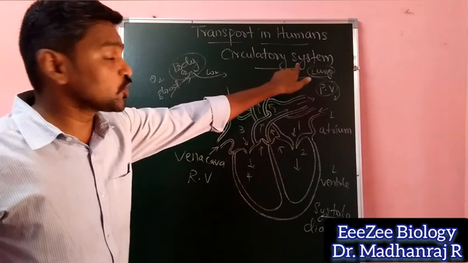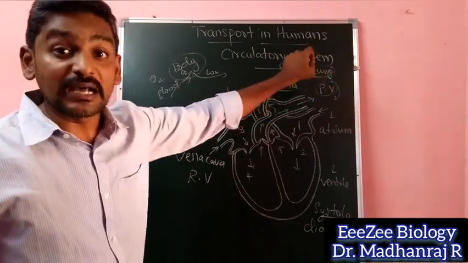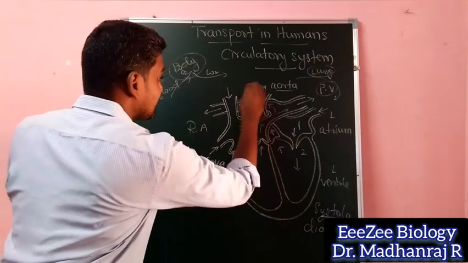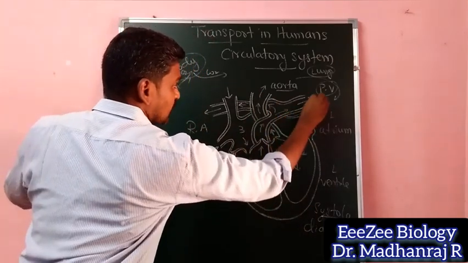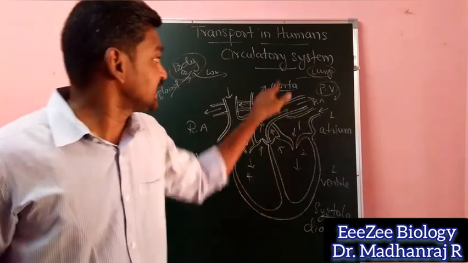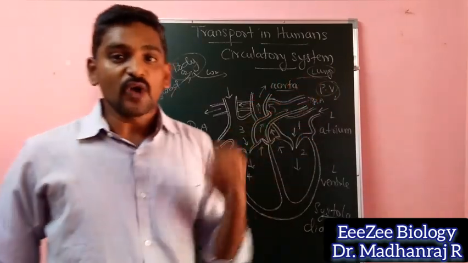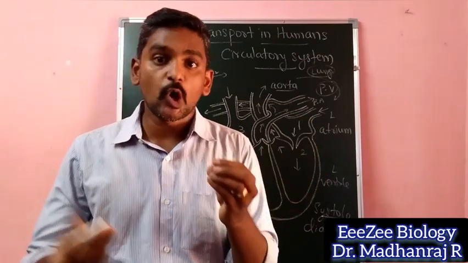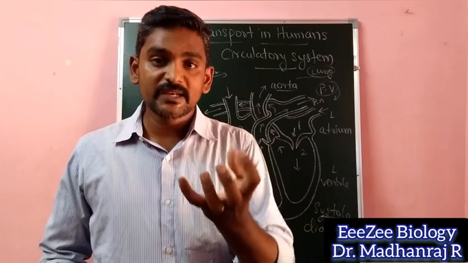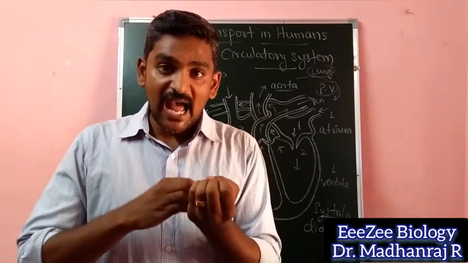It goes where? It goes to the lungs. In the case of the lungs you have to say pulmonary, so it is called the pulmonary artery. Through the pulmonary artery it reaches the lungs. After going to the lungs, what happens? The carbon dioxide is exchanged with the oxygen. The carbon dioxide is taken up by the alveoli, and the alveoli release the